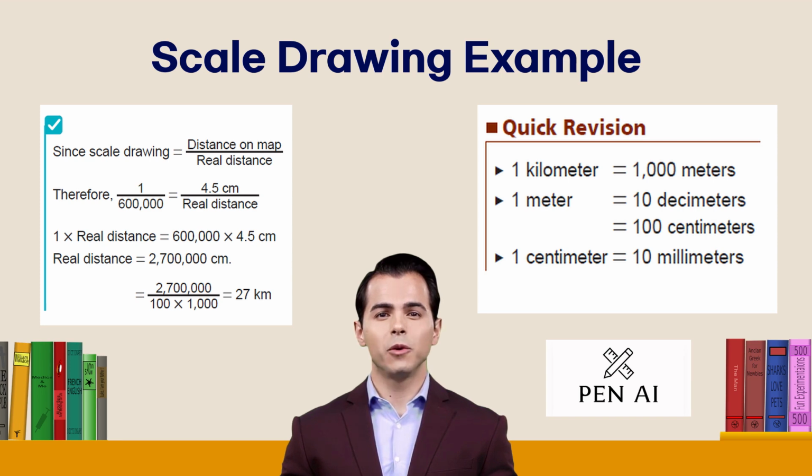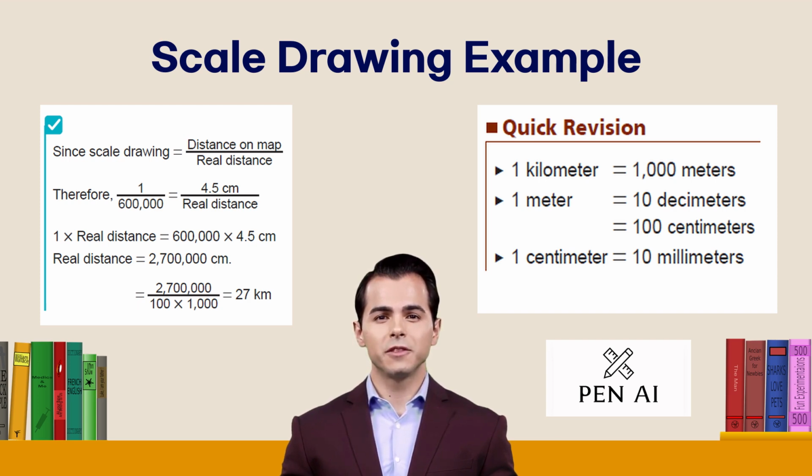Scale drawing example. If the scale drawing of a map is 1 to 600,000 and the distance between 2 points on the map is 4.5 centimeters, find the real distance between the 2 points. The answer: scale drawing equals 1 to 600,000 equals 4.5 to real distance. Cross multiplication: real distance equals 600,000 multiplied by 4.5 equals 2,700,000 centimeters, that equals 27 kilometers. Note that 1 kilometer equals 1,000 meters and 1 meter equals 10 decimeters or equals 100 centimeters, then 1 centimeter